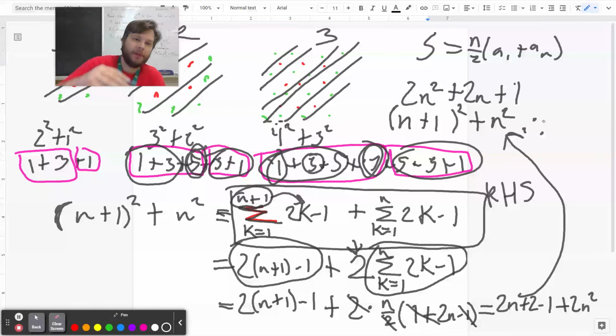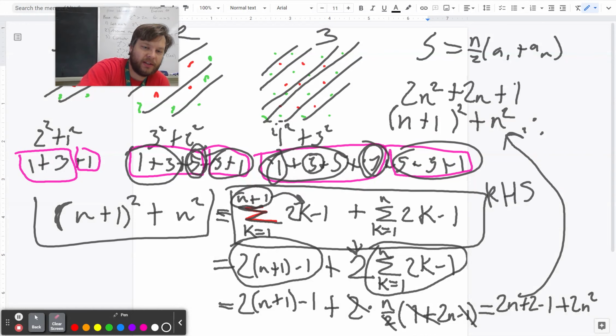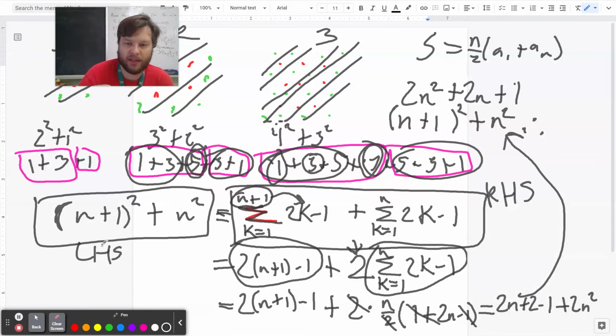When you're doing a direct proof, you're working with one side and making it look like the other side. Technically, I will mention, you could have started with the left-hand side and made it look like the sum of the two different arithmetic series. That just might have seemed a little bit more magical and less intuitive. Okay, so speaking of magical, let's do the same thing, but let's do it with